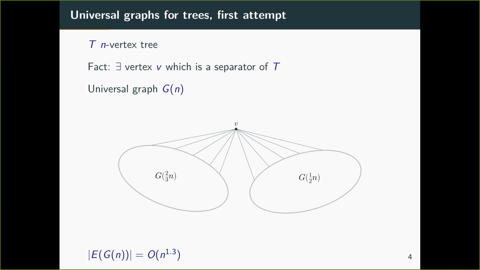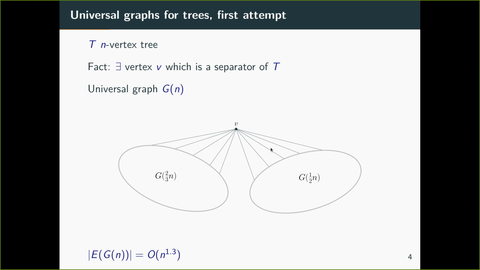So what about the number of edges? Well, I'm not going to do the analysis, but if you do the counting, you will get that the number of edges is something like n to the 1.3. So it's already much better than quadratic. It's not a near linear bound though. And intuitively, what is going wrong in this naive construction is that we are not splitting the set of vertices in half exactly at each step, right? So we have a side where we spend 2/3 n instead of n/2. And we would like really to split our domain in half.